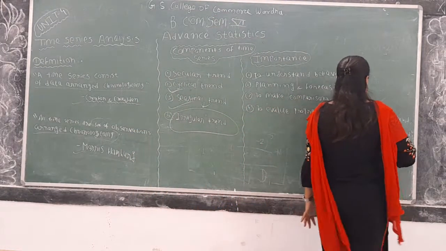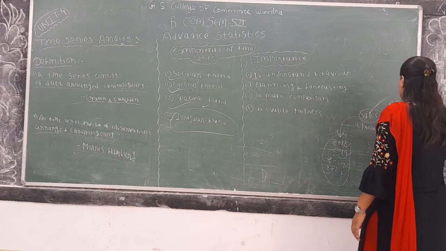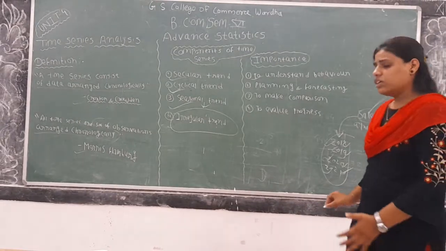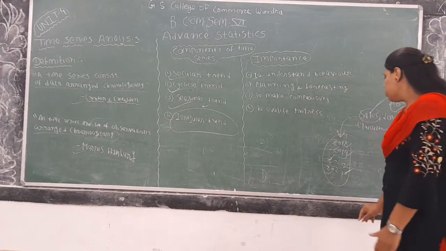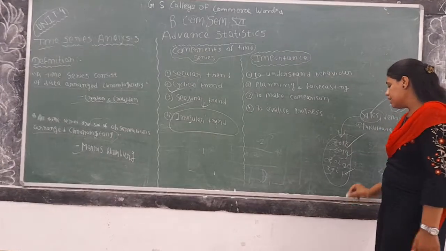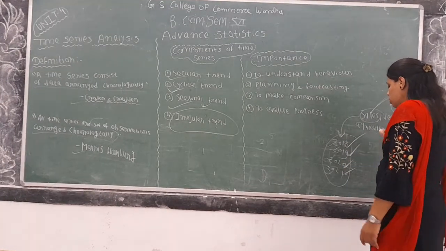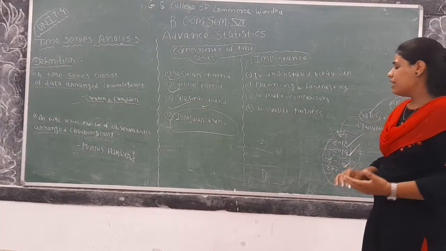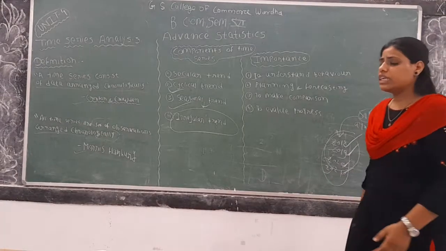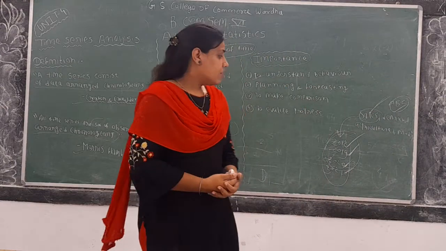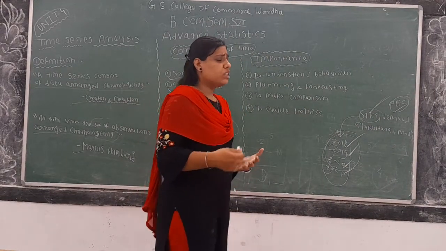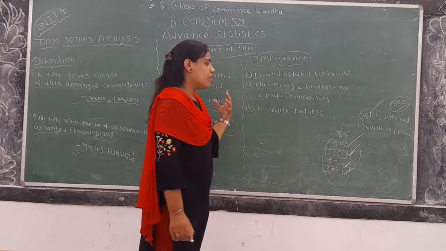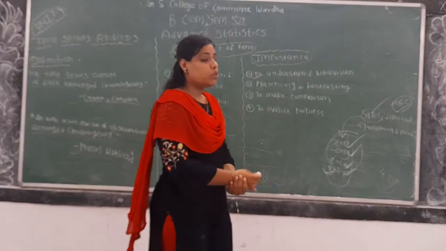Like if we want to determine the sales of ABC Company Limited's product for the year 2021, here we have data of 2018, data of 2019, and data of 2020. So we are going to analyze the data for these past years, and after analyzing it, we are going to see what kind of trend it is showing. After that we will derive a conclusion regarding what the probable sale will be in the coming year. This way, with the help of past behavior, we can predict the future behavior